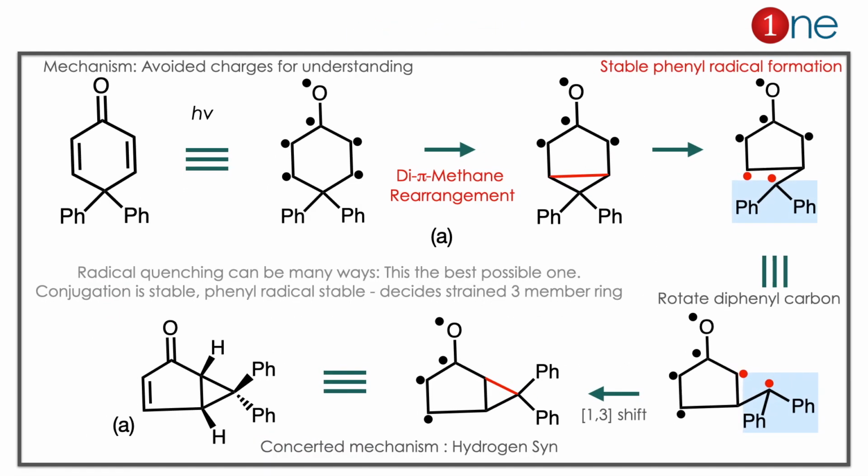The starting material has a phenyl and a conjugated ketone, so you may think of the di-pi-methane rearrangement. Why is it important? Because the phenyl groups are there, you always drive the radical there. So radical formation drives the whole thing. Then you have to draw it as a radical. Since you are using light, the radical is always there. So you might think of the di-pi-methane rearrangement.